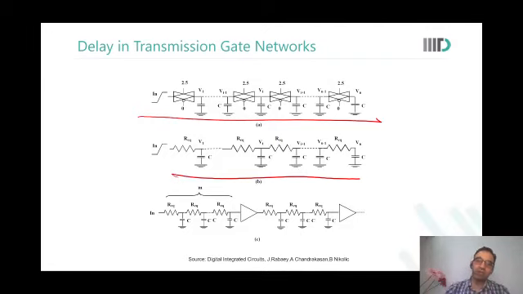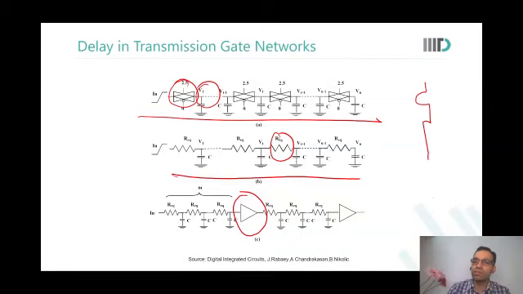So what do we need to do? We need to put buffers intermittently. Otherwise, this is a very huge R equivalent that you will see. Each R in itself is small, but because you have a multitude of these R's, it's like a stack of PMOSes or a stack of NMOSes. So you either need to size these transmission gates up significantly, or you simply put buffers after, say, 5 stages or 10 stages or whatever is appropriate for that particular technology.